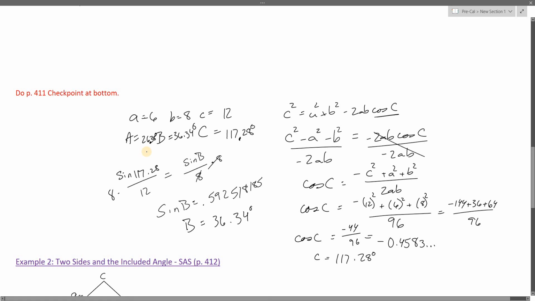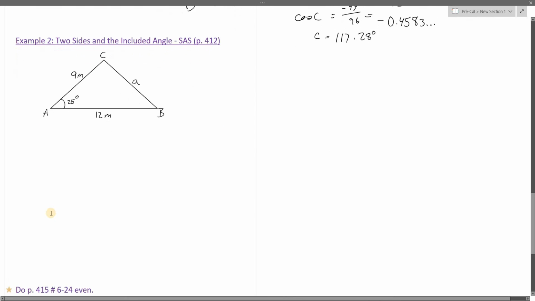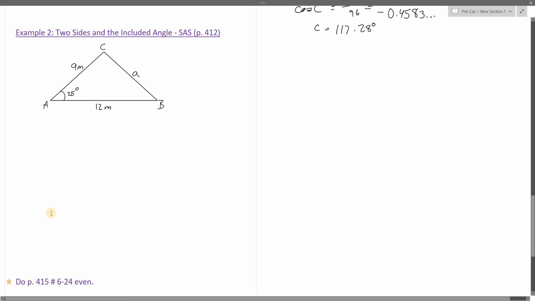That's the law of cosines. So the law of cosines is used for a different scenario, but between the law of sines and cosines, you should be able to find any detail for any oblique triangle that you're solving for. Let's look at the second example, and then I'm going to let you do some problems at the board. So as we go to 412,